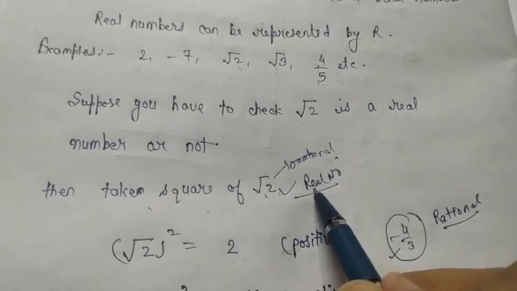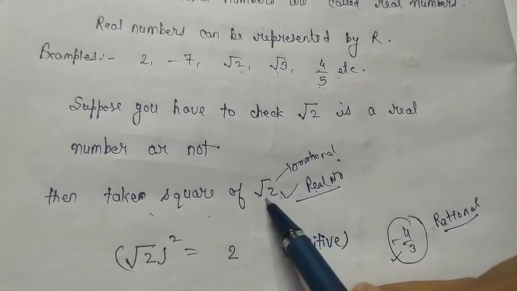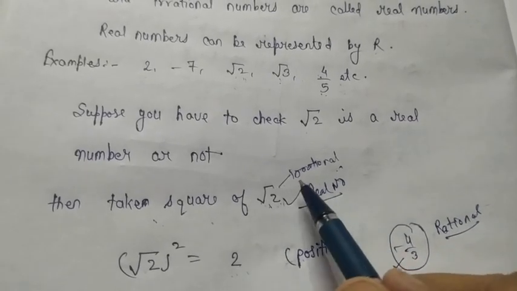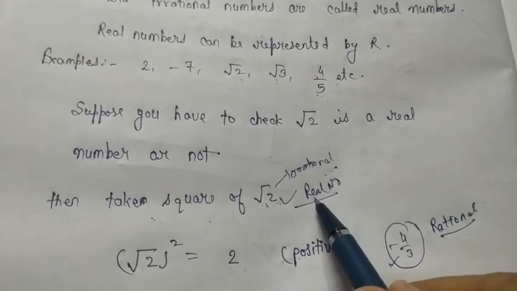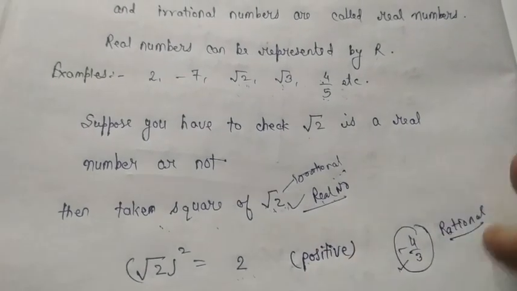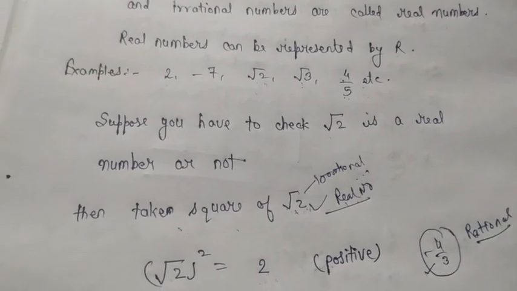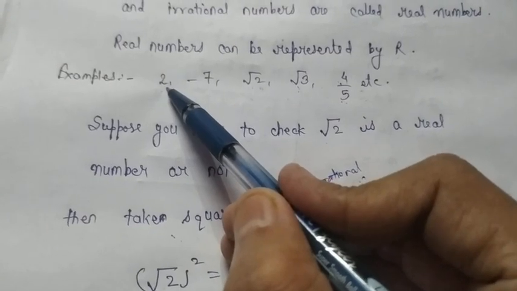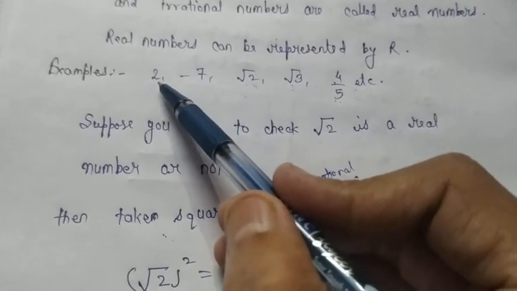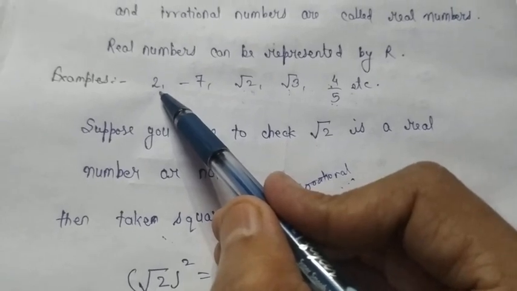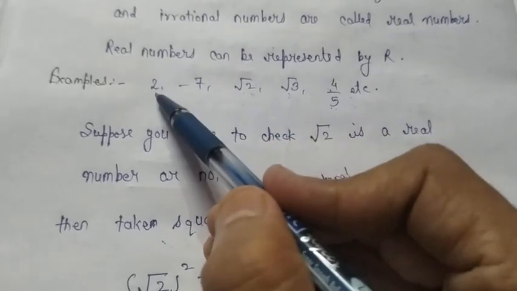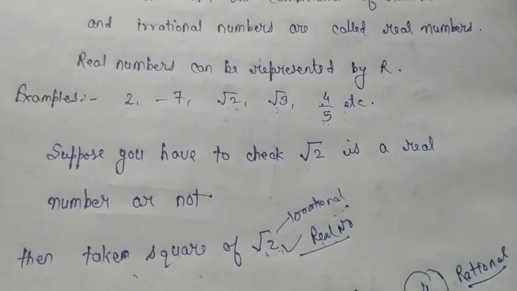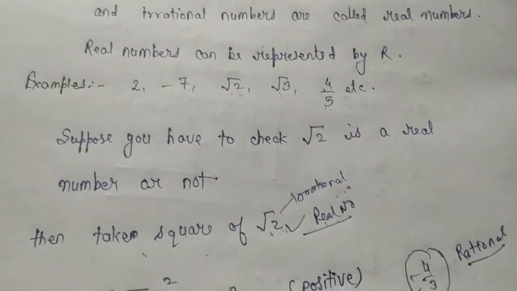And students, most of you know, under root 2 is an irrational number also. So that's why we can say that an irrational number can be a real number, or a real number can be an irrational number. Okay, similarly in case of 2 also, when you get the square of 2, you will get 4, and 4 is a positive number, so hence 2 is also a real number and 2 is also a rational number. So that's why we are saying that real numbers can be rational as well as irrational.